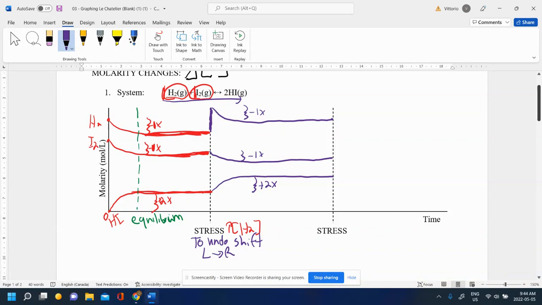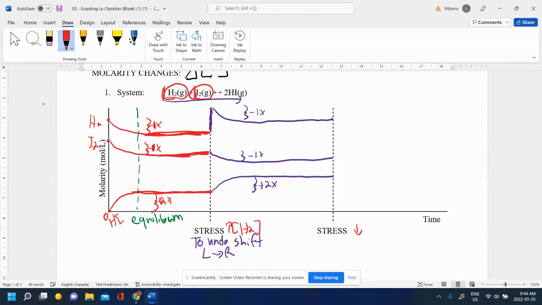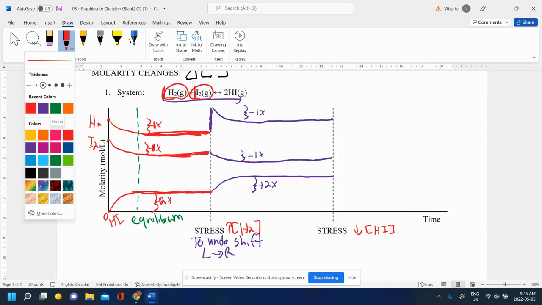So let's try another one. Let's do a different stress this time. Instead of adding some reactant, let's remove some product. Let's remove some HI. So how do we undo this? Well, to undo,